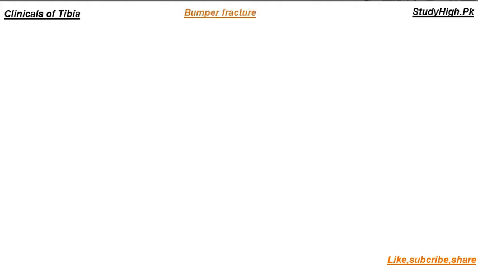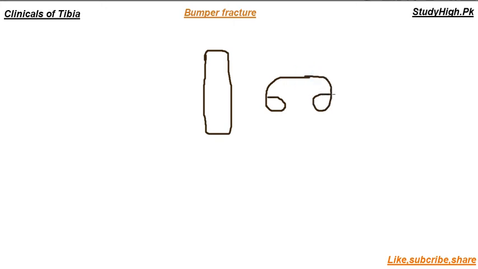Now we are going to discuss our next clinical topic of the tibia bone, bumper fracture or compound fracture. As our tibia is a subcutaneous bone, it is present just under the skin. So sometimes, due to injuries such as car or road accidents, the front side of the tibia fractures because of large pressure. If a car directly hits the front of your tibia, there may be a breakdown of your tibia along with your fibula bone. This is called a bumper fracture because of the hitting of the bumper or a large force.